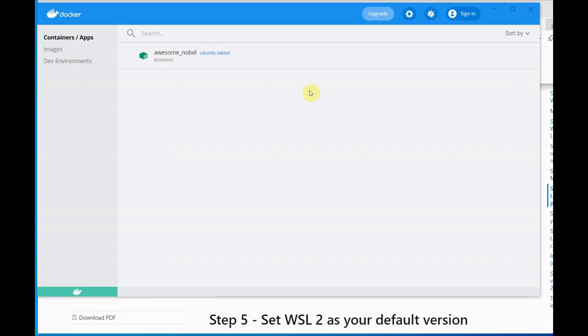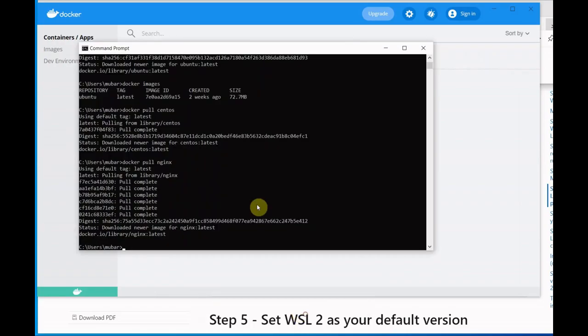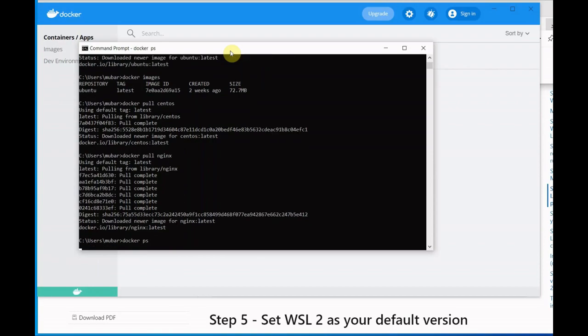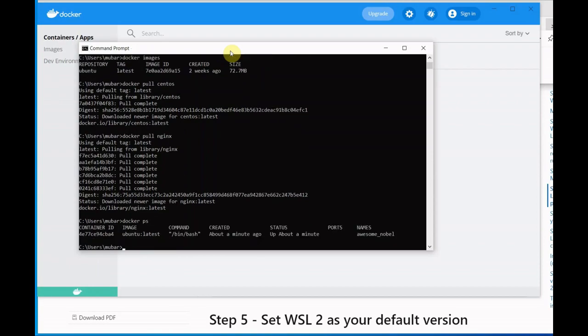So let's exit from this container and see the other options. This is the stop option. If you want to stop this container, simply click on this, and you can restart, and this is for delete. For our better understanding, let's go to the command prompt. Let's check how many containers are running.